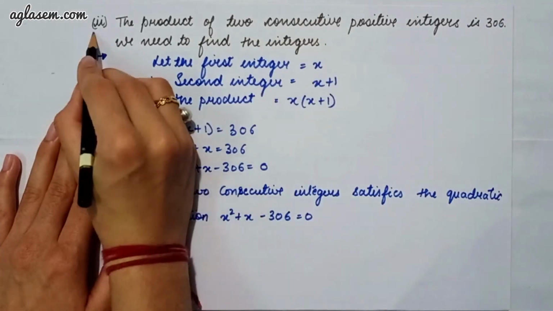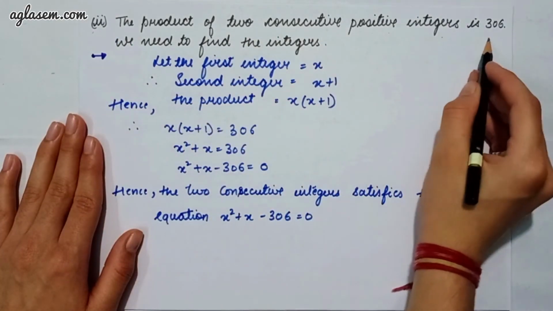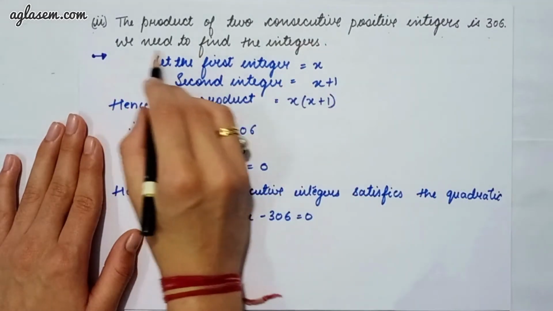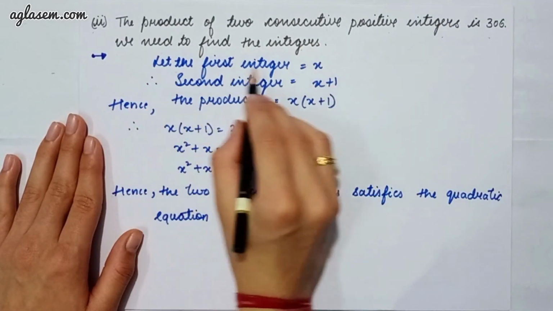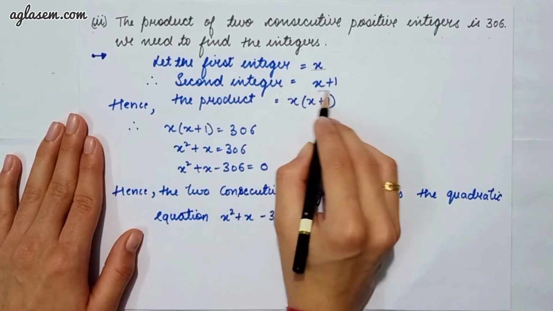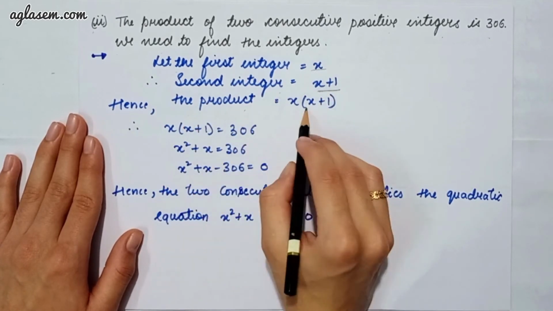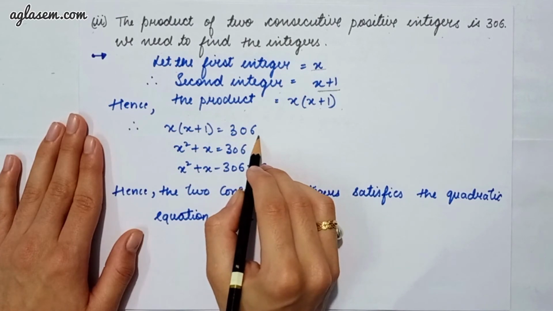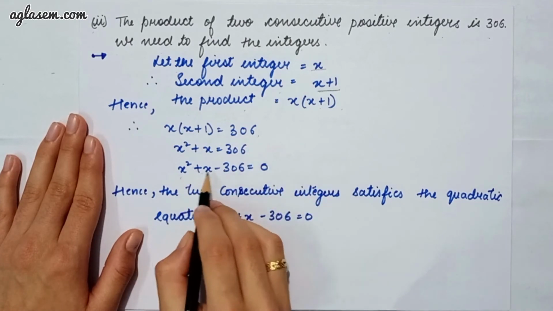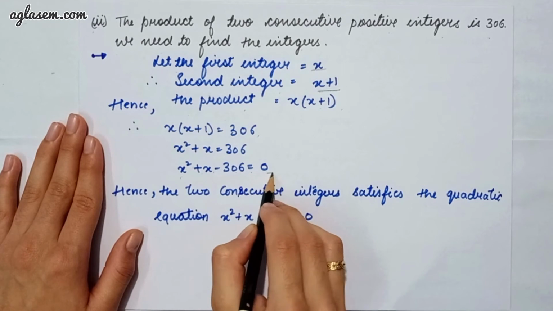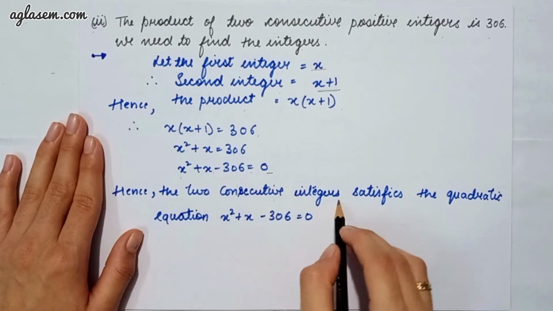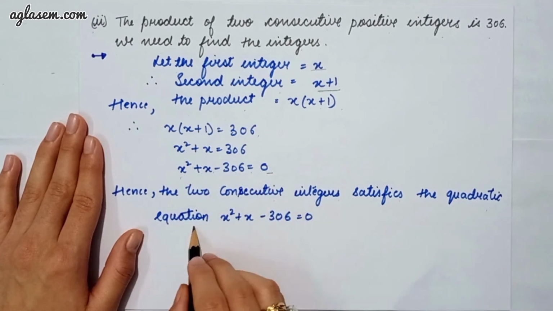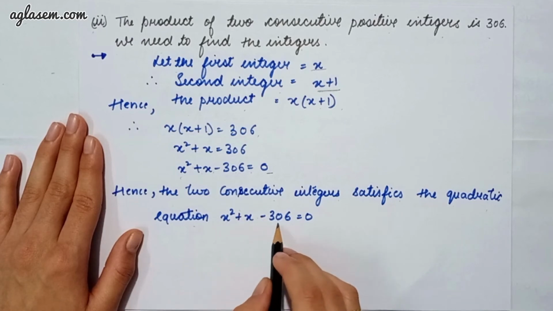Second part says the product of two consecutive positive integers is 306. We need to find the integers. So let the first integer be x and the second integer be x plus 1. So the product will be x into x plus 1. Therefore equals to 306. So the equation will be x square plus x minus 306, which is equals to 0. So the two consecutive integers satisfy the quadratic equation, that is x square plus x minus 306, which is equals